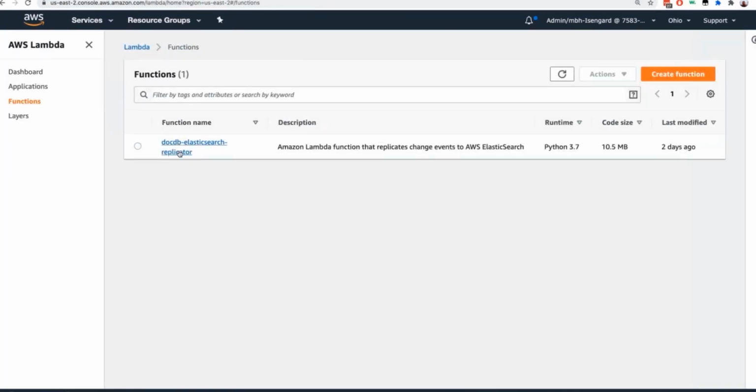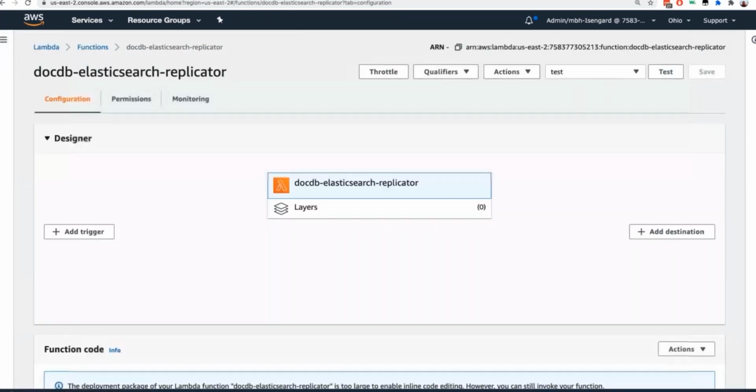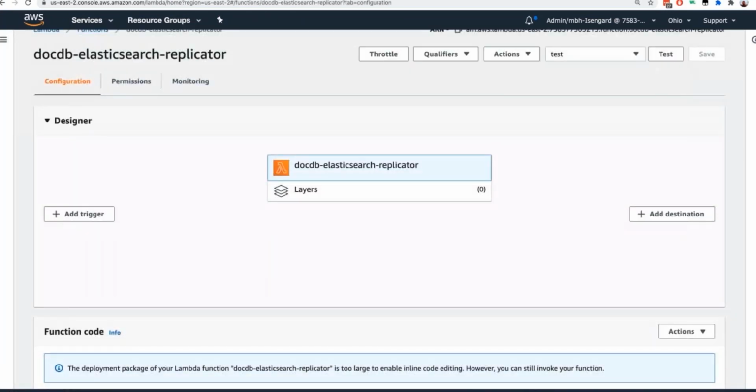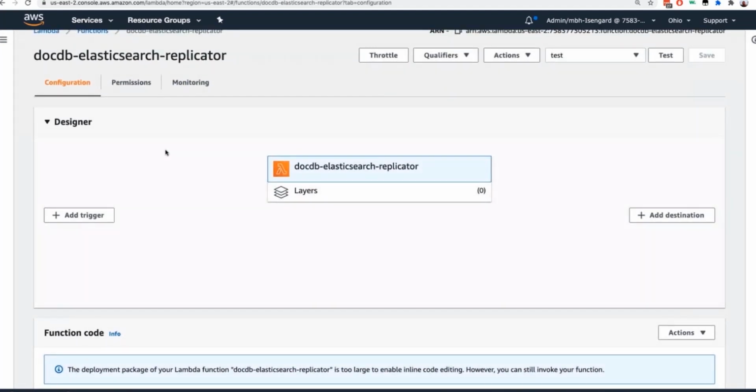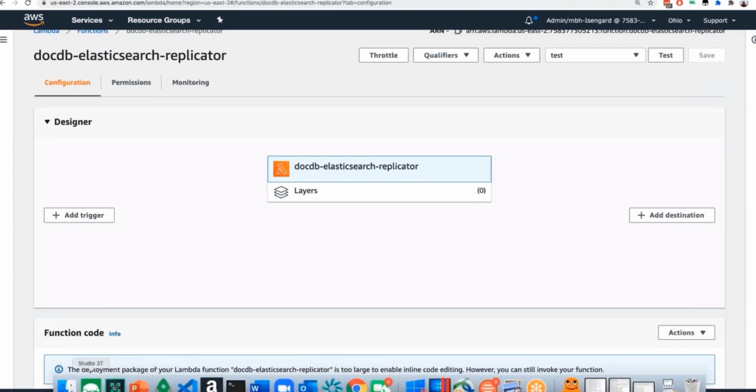So here I have a Lambda function. It's called the DocDB Elasticsearch Replicator. What this Lambda function does is it takes any change events from my DocumentDB cluster and replicates it to an Elasticsearch index. All I have to do is run test, but before we run test, I just realized we didn't